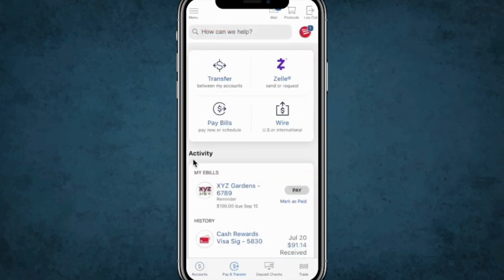A couple of quick tips as you wrap up. If you manage multiple billers, repeat this process for each one you want to update. If your billing cycle is close to a due date, cancelling AutoPay may not affect a payment that's already queued. And if you rely on AutoPay to avoid late fees, set yourself a reminder or plan an alternative payment method